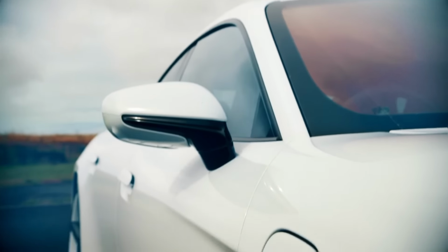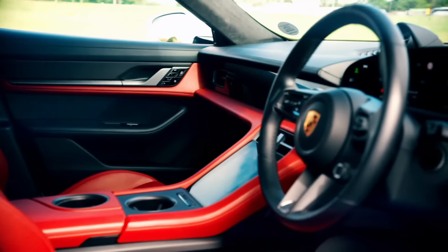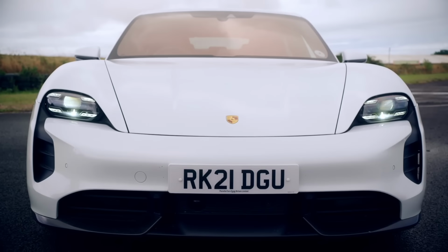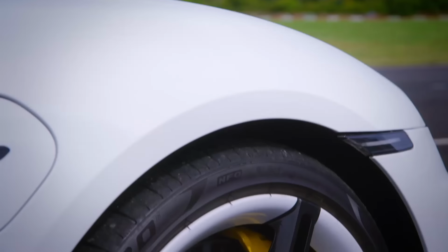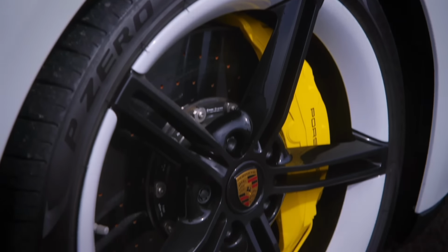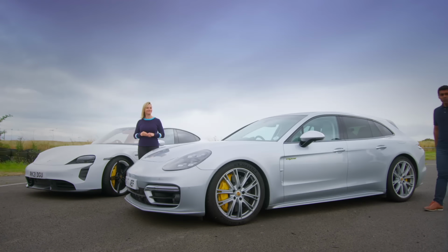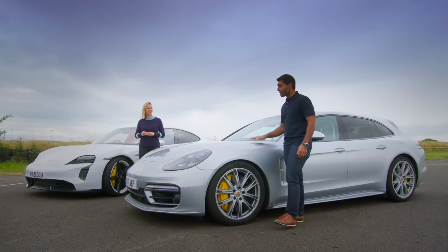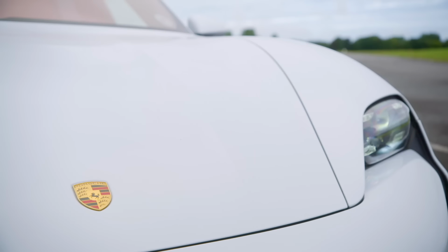Like thousands of others, you want a four-seater Porsche. You really do. But the next step is not so much the what, it's the which. The Taycan Turbo S is generally accepted as the king EV, but its petrol-powered equivalent, the Panamera, will be on your list too. With a starting price of